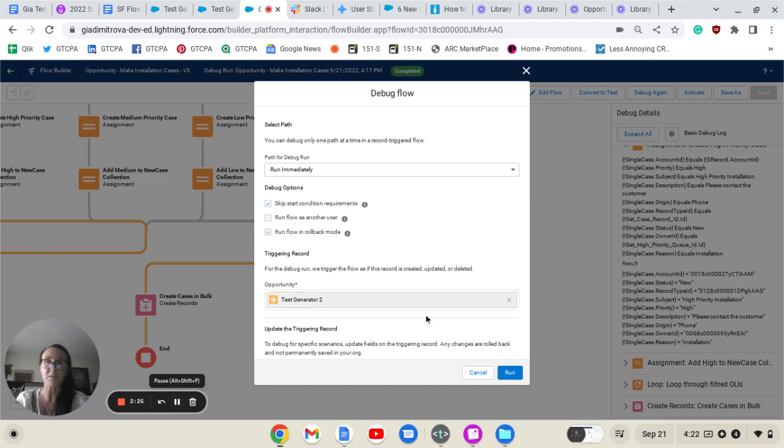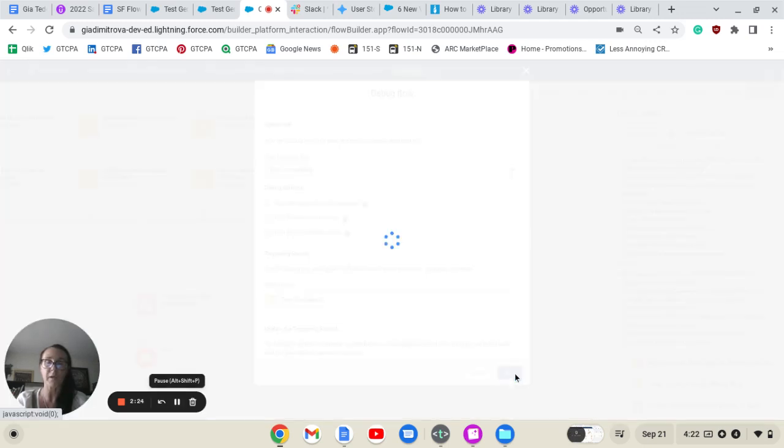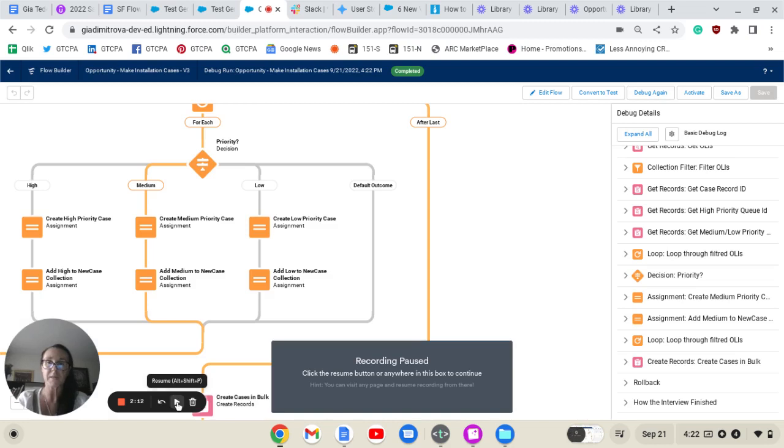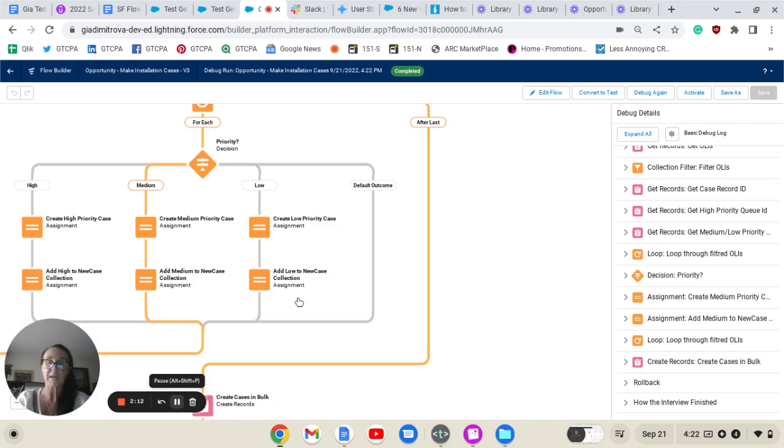After selecting the test generator tool, we're going to click Run again. The test generator 2 had medium installation priority, and here we see the flow takes the medium case creation path. It has created a record invoked after the last item,